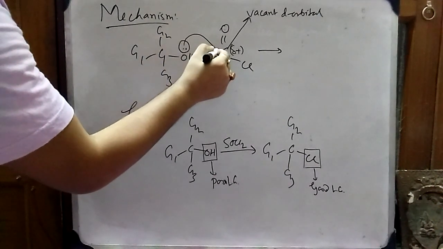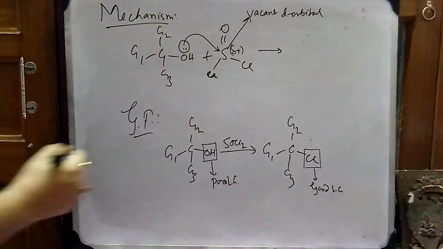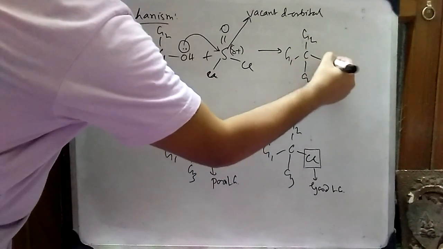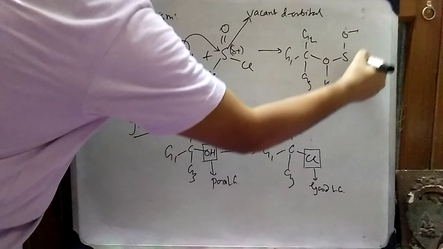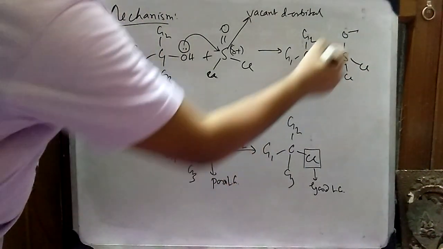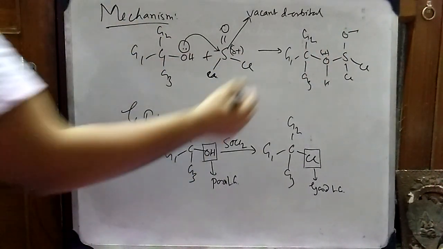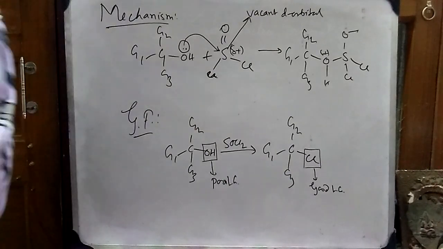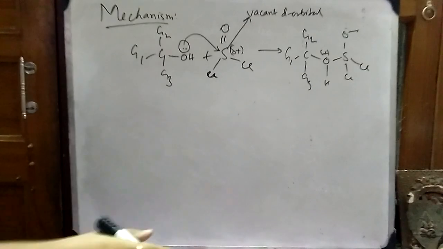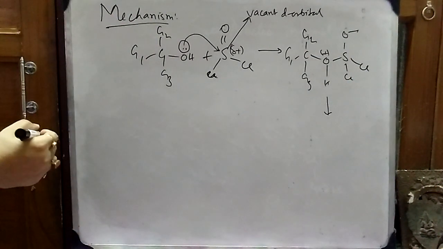This OH will attack this sulfur with the lone pair present in the oxygen atom and will give rise to this moiety. This moiety has a positive charge on oxygen and a negative charge on oxygen. The negative charge on oxygen is stable, but a positive charge on oxygen is not stable, because oxygen is an electronegative element. It cannot have a positive charge. So the neutralization process starts in this moiety.